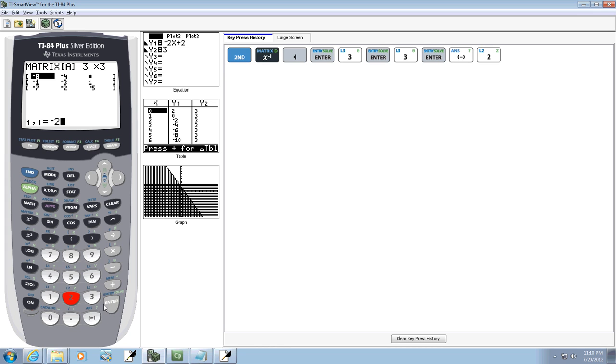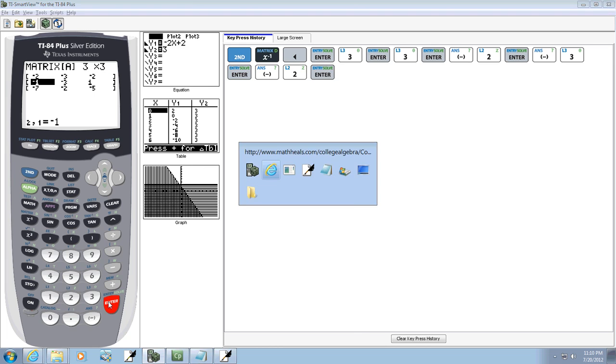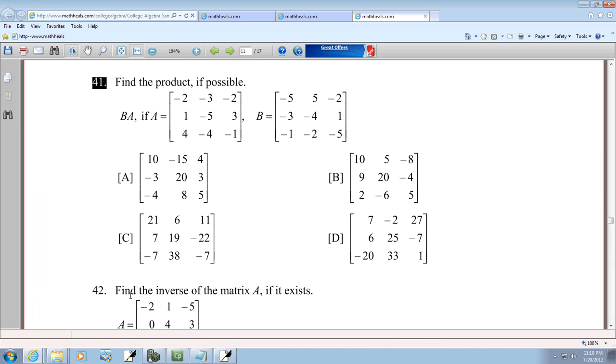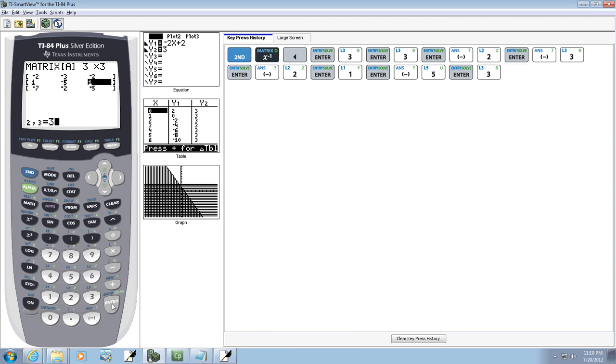So we got negative 2, negative 3, and negative 2. 1, negative 5, 3, 4, negative 4, and negative 1. Now after you get that one input, you want to exit out, so you do second mode